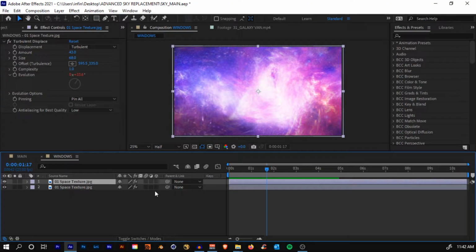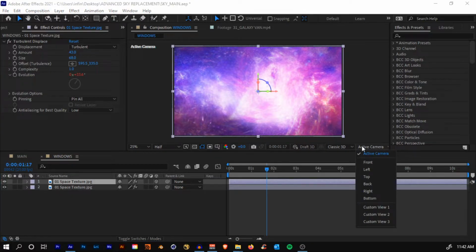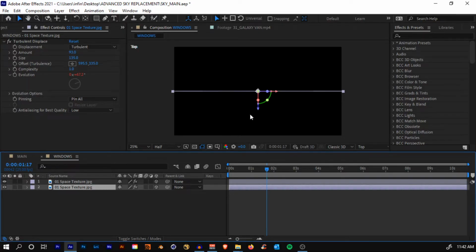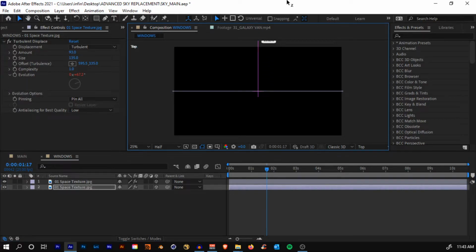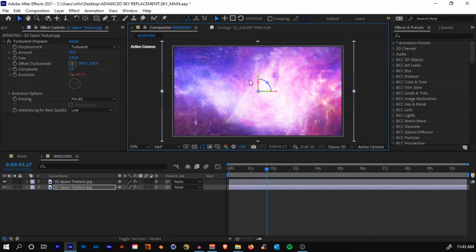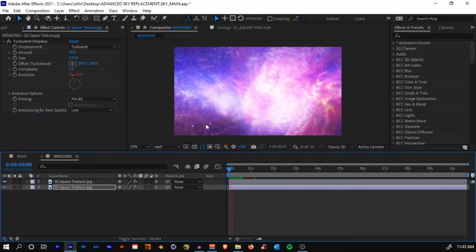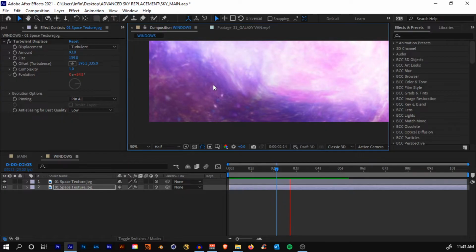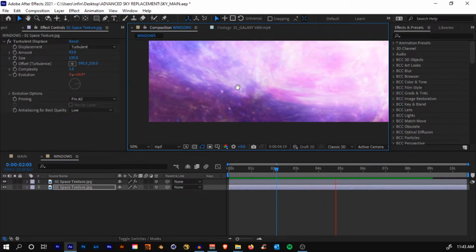Just come here and toggle the switch and turn on this cube right here, and go to the top view, select the background layer and pull it back in Z space, something like that. Come back to the active camera tracker and scale it up. What I've done, I basically pushed that back in Z space, so that now if you notice we get that 3D effect right here.